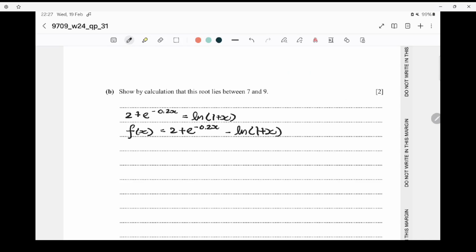So what you need to show is that the sign between 7 and 9 changes direction. When you substitute 7 inside, use your calculator to calculate. This is around 0.1672. When you substitute 9 inside, this is minus 0.1373. Because there is this change in sign,